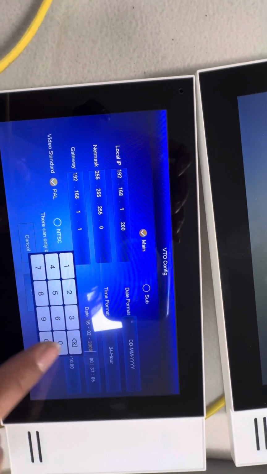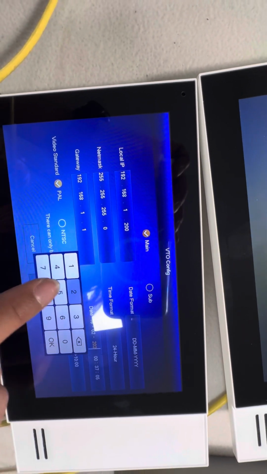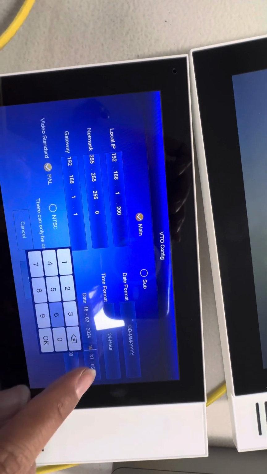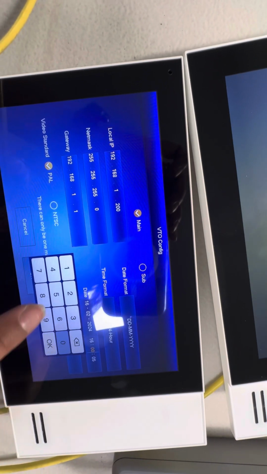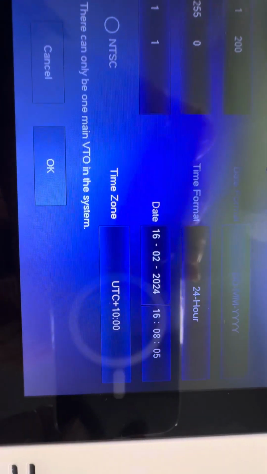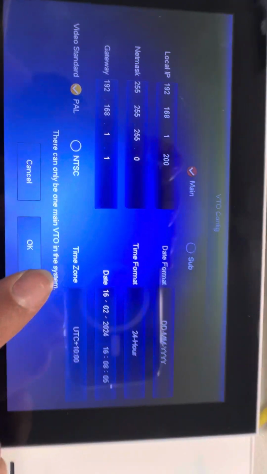February 16, 2024. The time now is 4:08. Time zone must be +10 for Melbourne. Click OK.